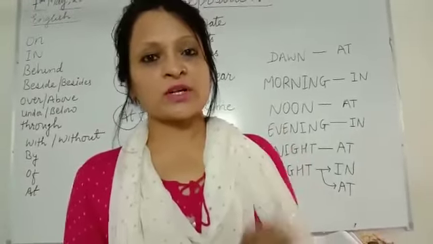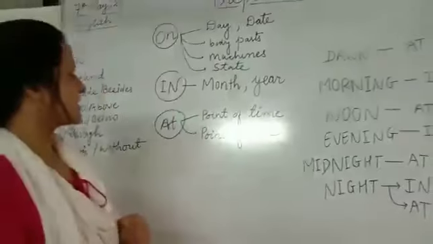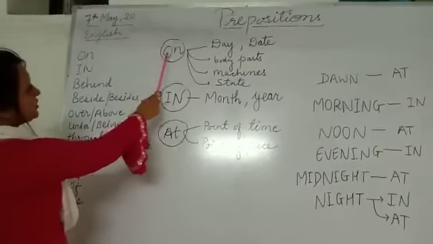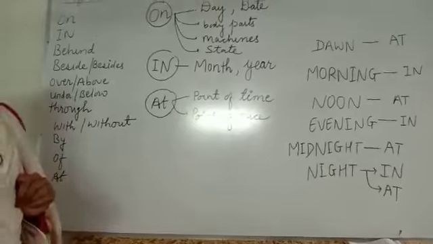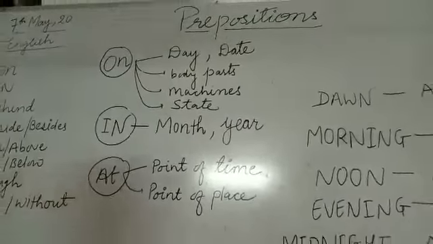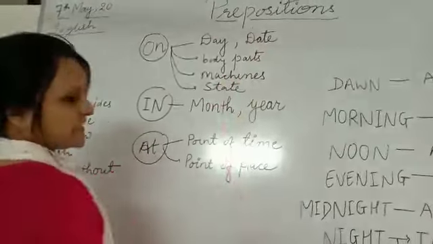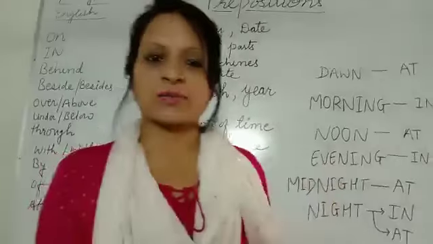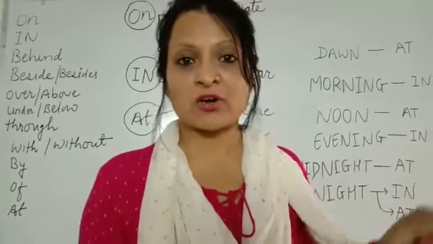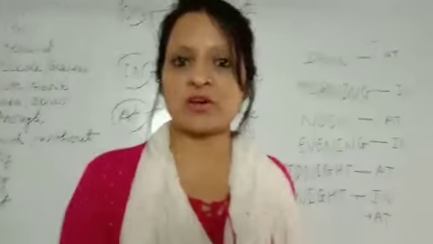So far you are using prepositions with the help of activities. Okay. Now let's understand these prepositions one by one again. I taught you the use of on, in and at. Okay. Just remember, where will we use preposition on? Here, on is used with day and date. For example, I will come on Monday. I will come on Monday, on Tuesday, on Sunday. So with days you will use on.